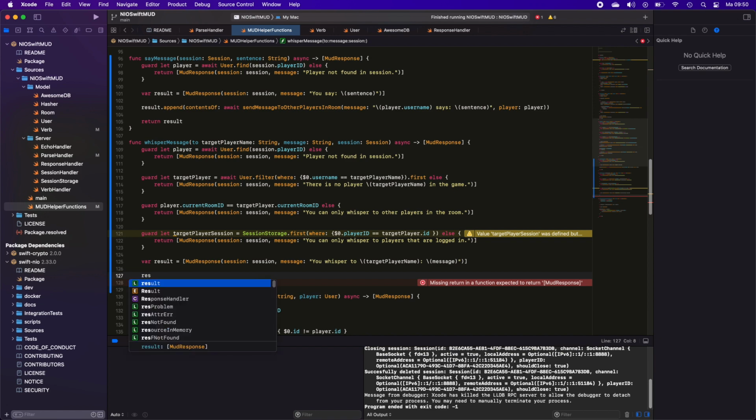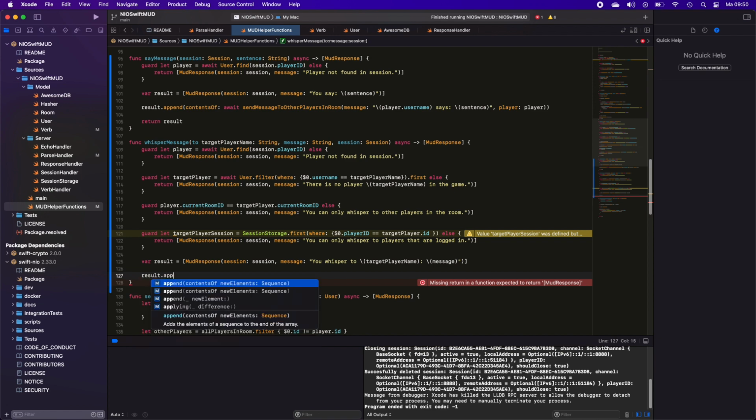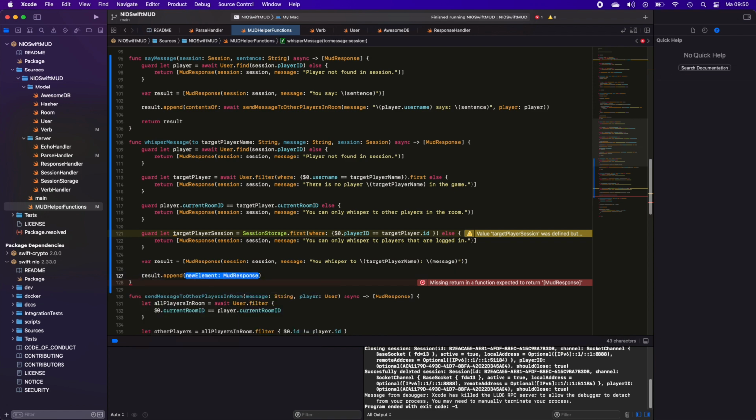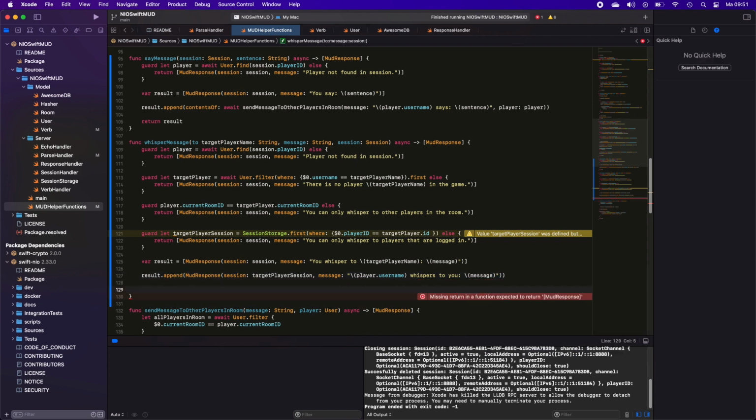Then we will take our result and append a new element, a MUD response for our target player. So we'll take as a session the target player session, and the message will be player.username whispers to you and the message. And for all the other players in the room,